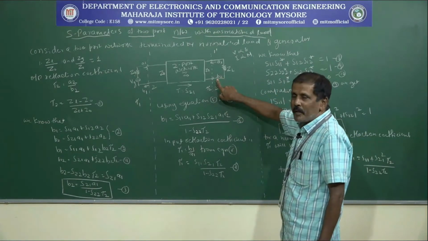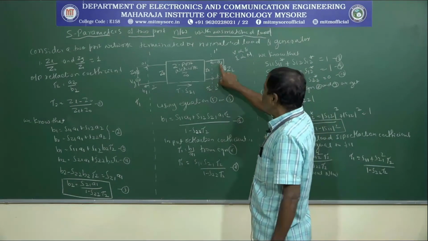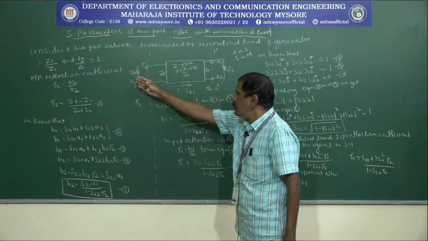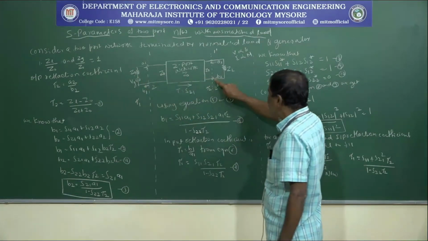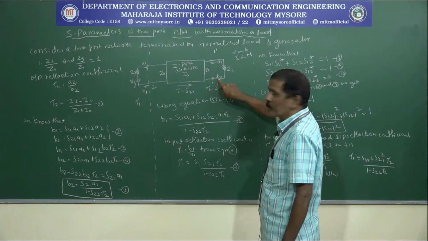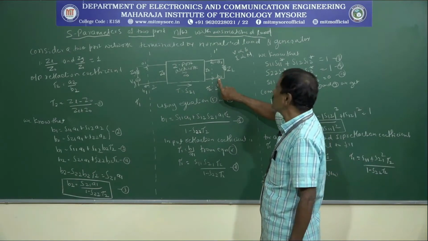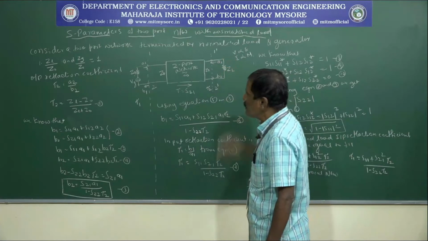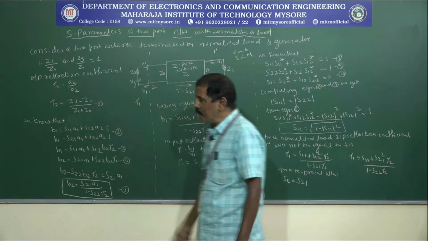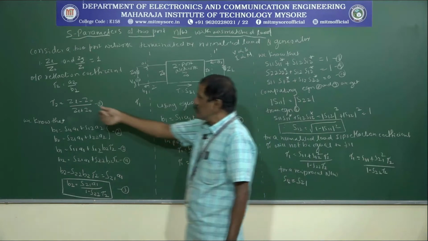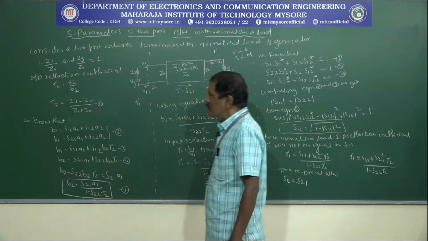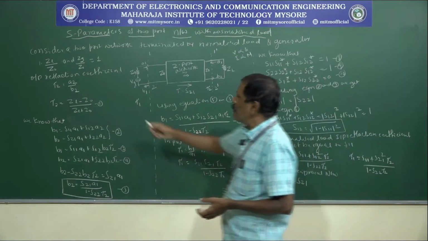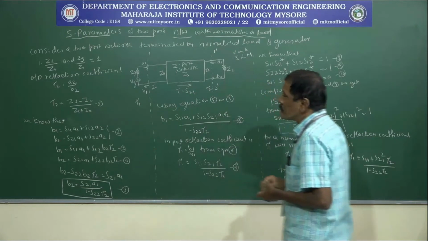Now come back to this particular diagram here. The reflected voltage is A2 and the incident voltage is B2, because whatever signal you are applying here, the signal is moving toward the load, and therefore this B2 is acting as the incident wave, and A2 is acting as the reflected wave. Therefore, the ratio of A2 by B2, we call it the reflection coefficient Γ2. And this reflection coefficient can also be calculated from the equation (ZL minus Z0) divided by (ZL plus Z0). We will call it equation number 1.